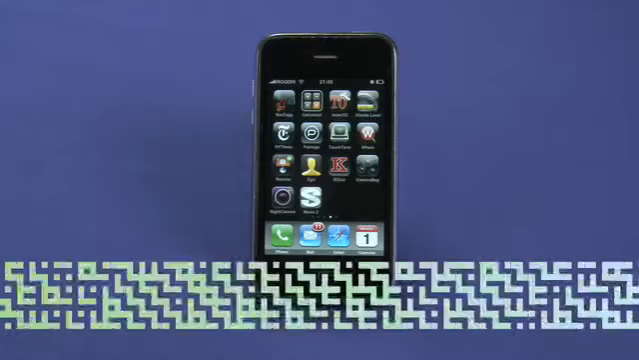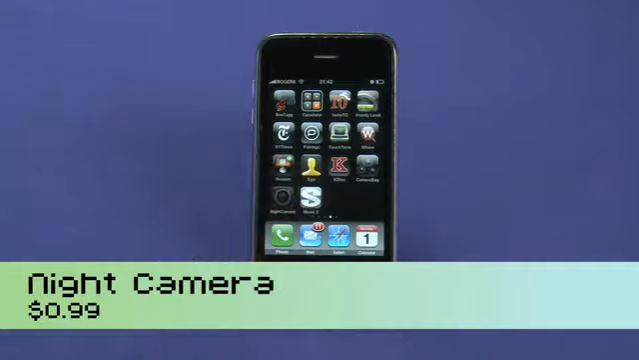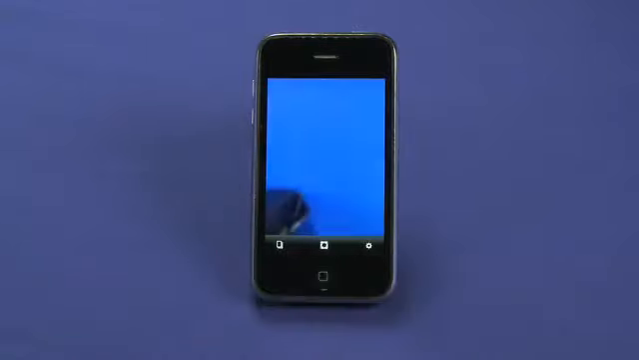It's probably not great for things that are running around or moving, like dogs or maybe race cars, but it's great if you're trying to take a picture of a scene and there isn't a whole lot of light there. Launching Night Camera takes you directly to camera mode, so you'll immediately see whatever your iPhone can see